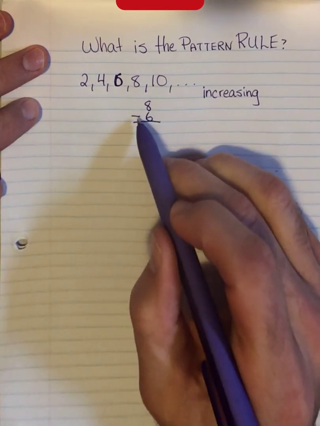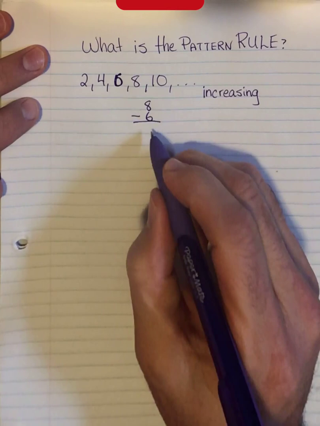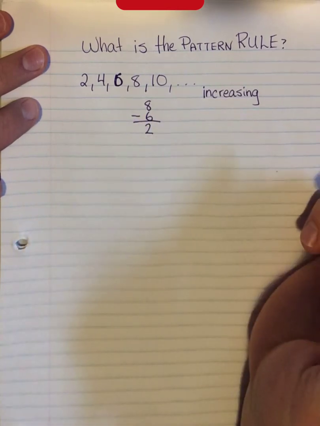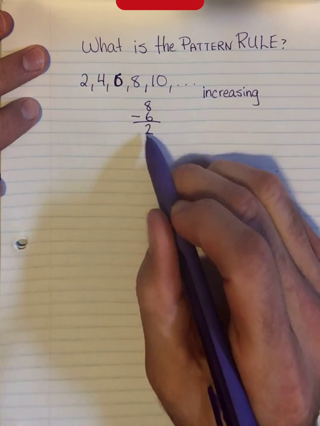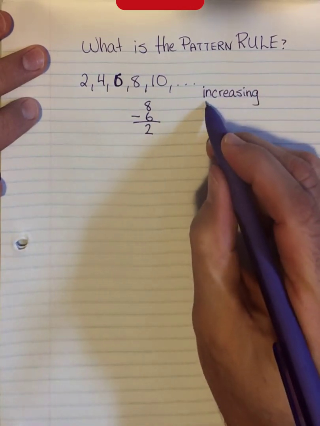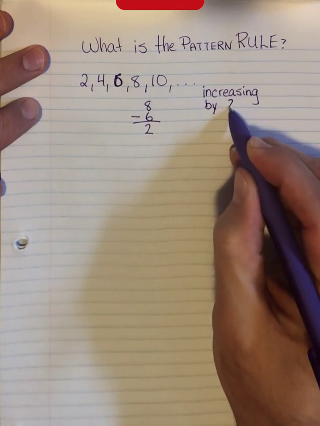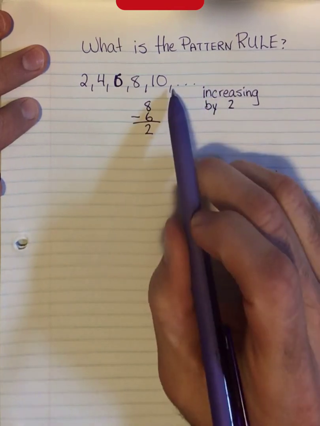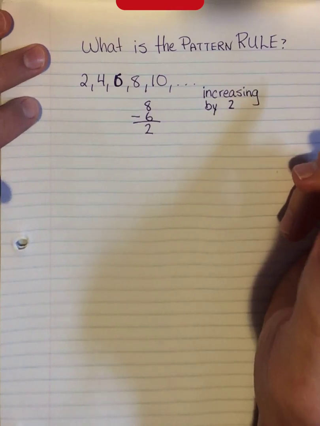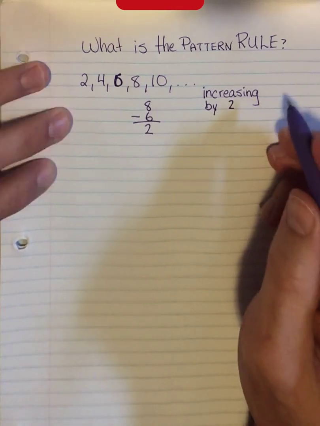So 8 take away 6. 8 subtract 6 is 2. So I know that's what's happening. So it's increasing by 2. All right, that's my pattern rule. Now if I look at another pattern,